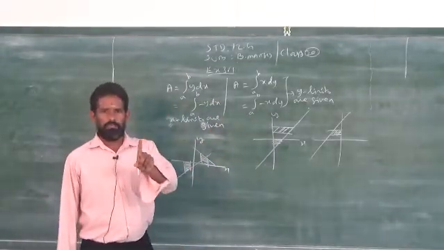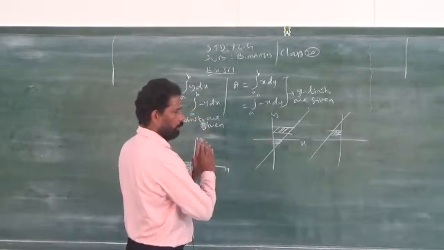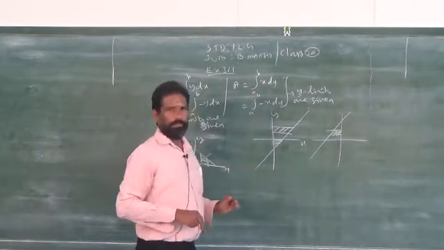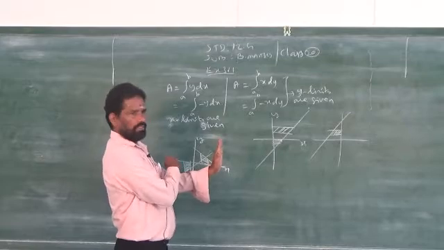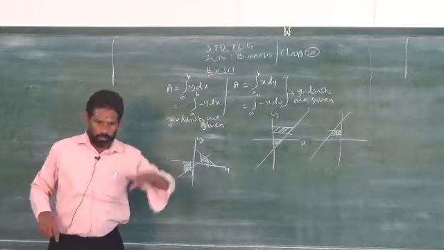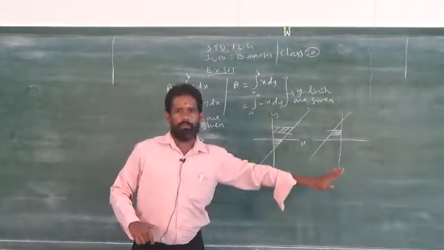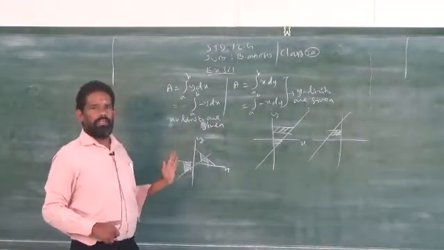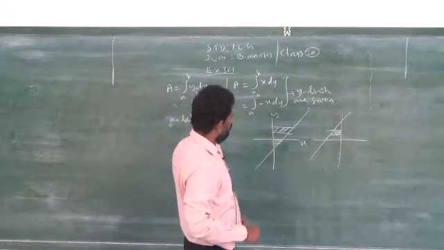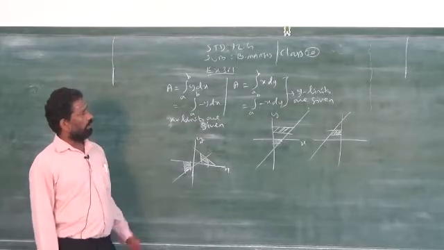So when y limits are given, we have two categories. One is positive, right side. When the area comes on the right side of the y axis, first formula. If it comes on the left side of the y axis, second formula. Whereas for x limits, it is above the x axis or below the x axis; for y limits, it is the right side of the y axis or the left side of the y axis, that's all. So these four are the basic concept of finding the area of the given straight line or curve.